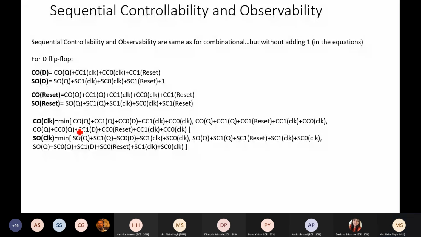So how much will this be? Observability of the output, which is E and I,